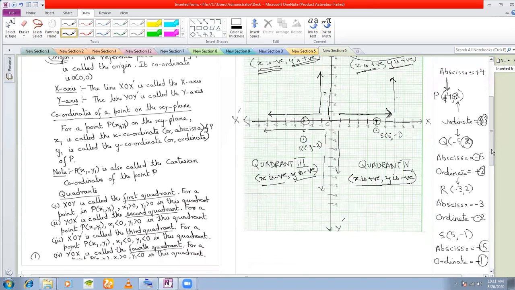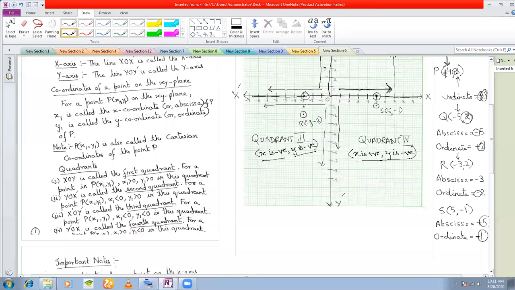In a third quadrant, if you see, this is your third quadrant. In the third quadrant, you are moving in the negative direction of X. So therefore, X is negative. And you're also moving in the negative direction of Y from the origin. So Y is also negative. Similarly, for quadrant 4, we are moving in the positive direction of X here, and we are moving in the negative direction of Y. So therefore, X is positive and Y is negative. Any question till this point?